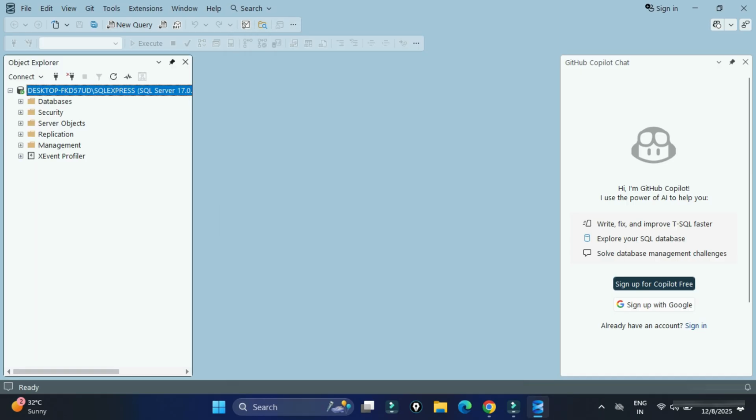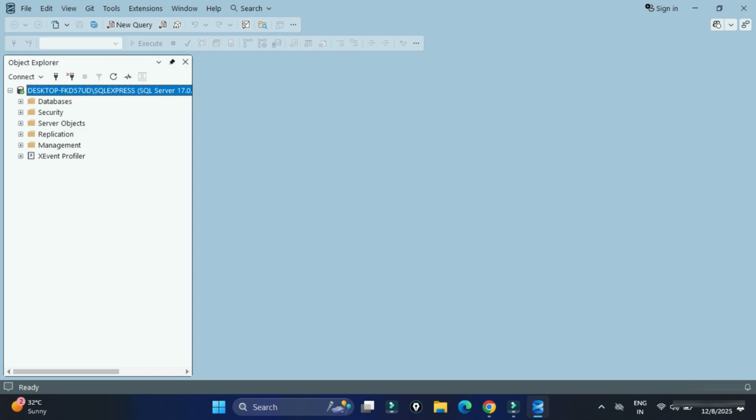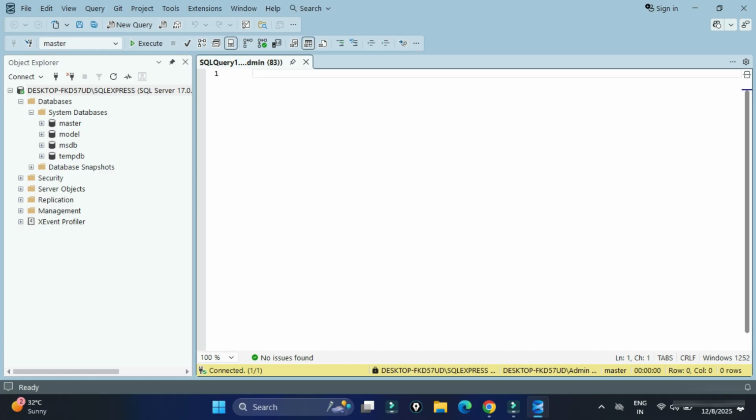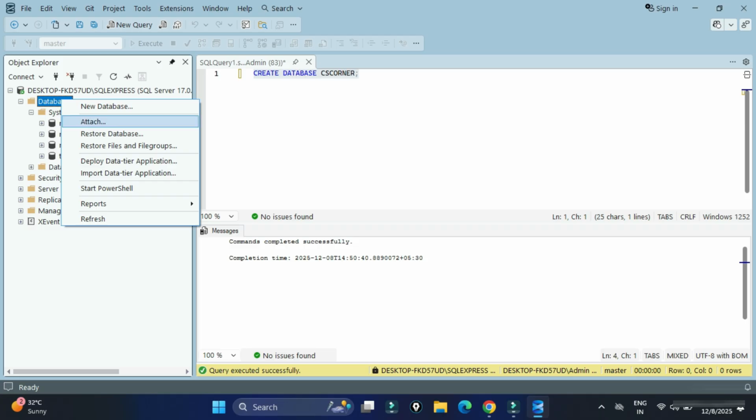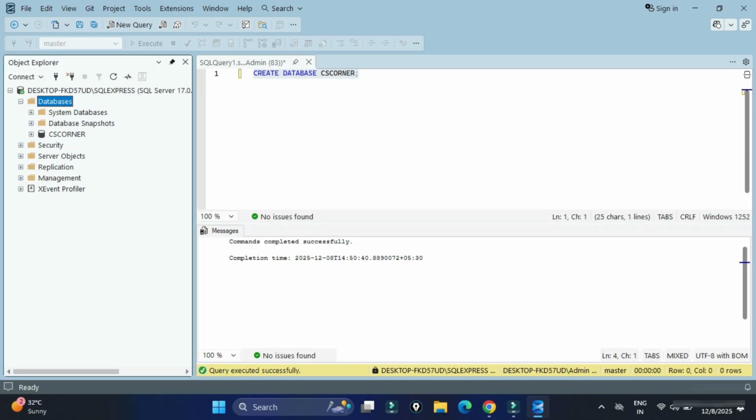Whatever query you want to execute, you can execute. Here it's showing me my databases, already available database. We can execute our query also. So I'm simply creating one database. So for that I'm just writing a new query. So I'm just selecting this new query option and I'm writing a command for creating database and I'm just hitting this run query button. So just to show you that yes, it is actually running and executing my queries.